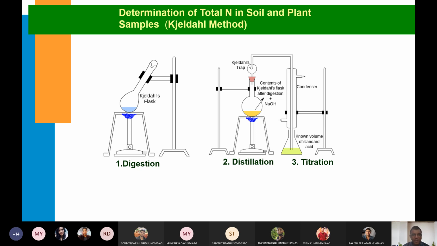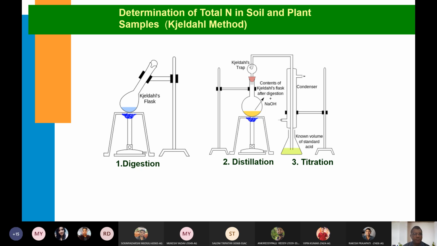After digestion, the second step is distillation. In distillation, there are a number of options available. Sometimes you get 8 or 10 Kjeldahl flasks or heaters in a series. Sometimes you have just one system. So suppose it is just one unit for distillation. In this case, you need some source of heat, a burner or a heater, whatever it is, to boil it. And then you have one flask, or rather the same flask.